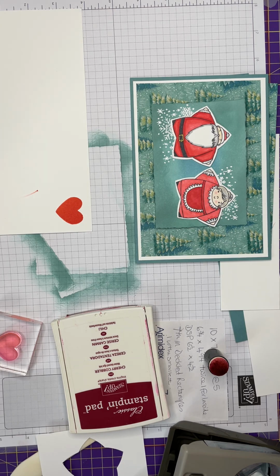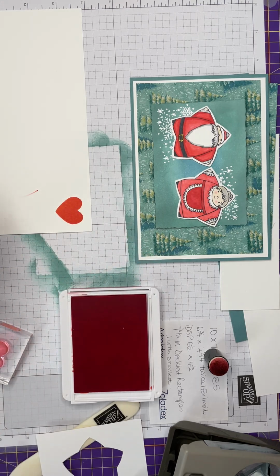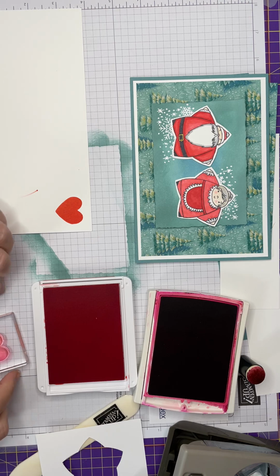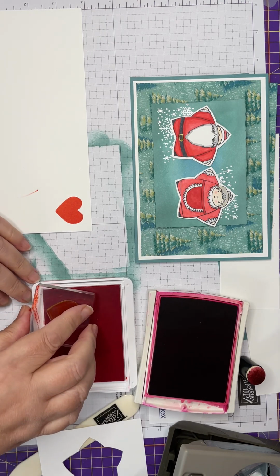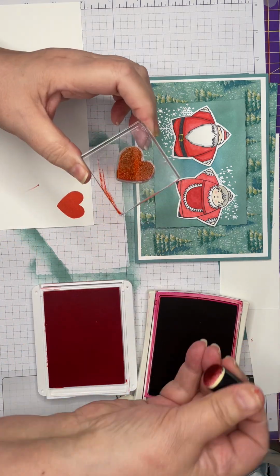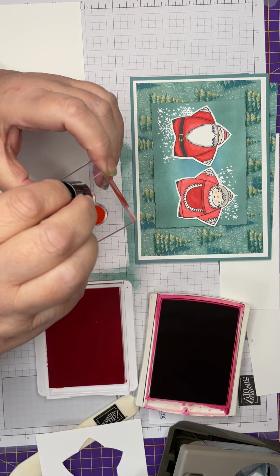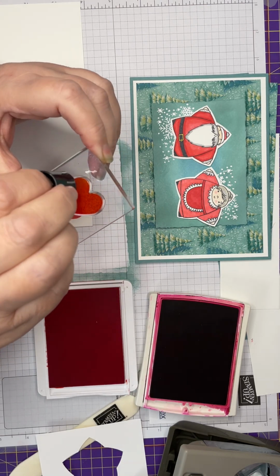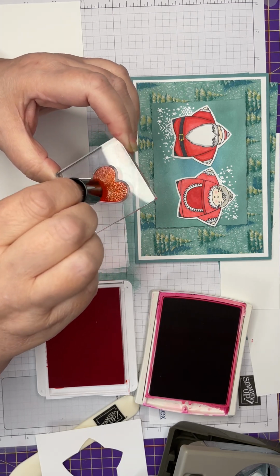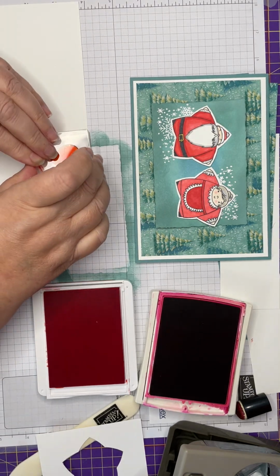I've made a mistake. I do apologise. I'm going to redo this. I am going to be using Poppy Parade. So, stamp it up. But what I'm also going to do is with the Dauber and Cherry Cobbler is just tap on the edge on one side the Cherry Cobbler, and hopefully it'll come out